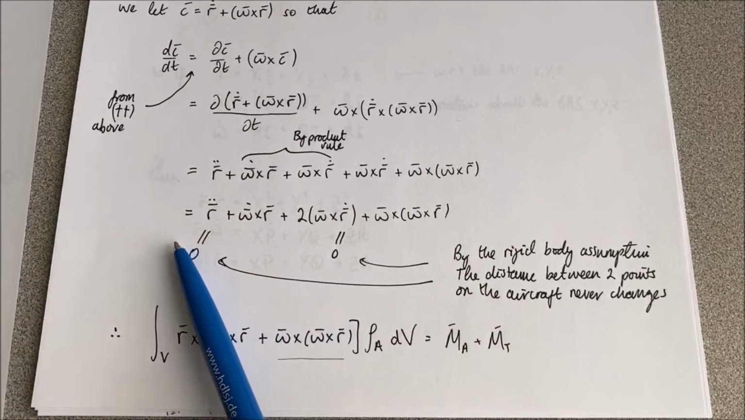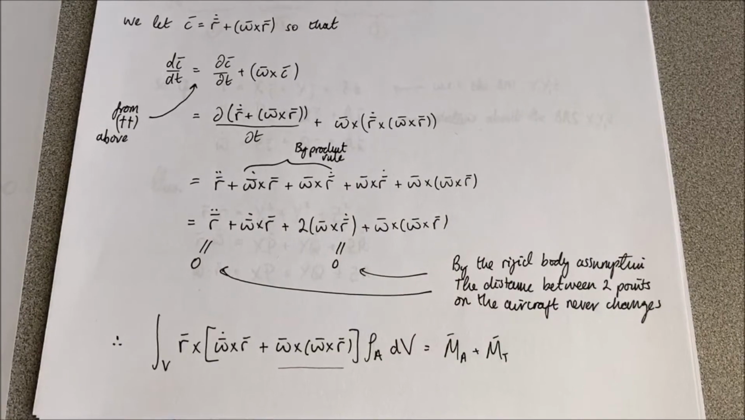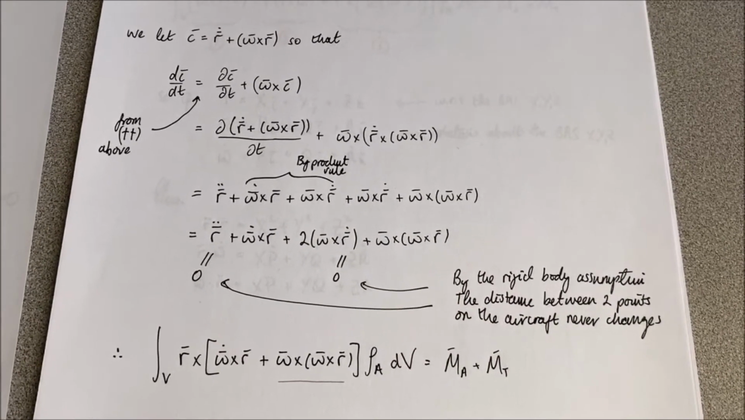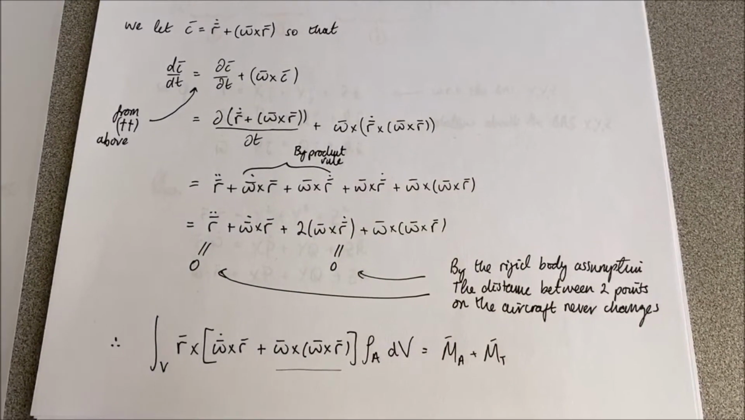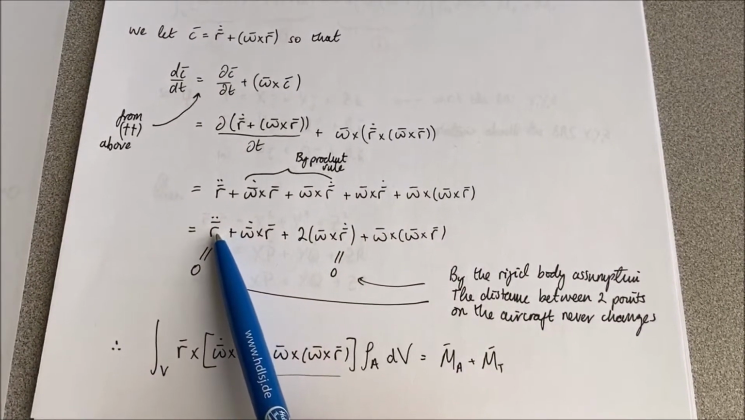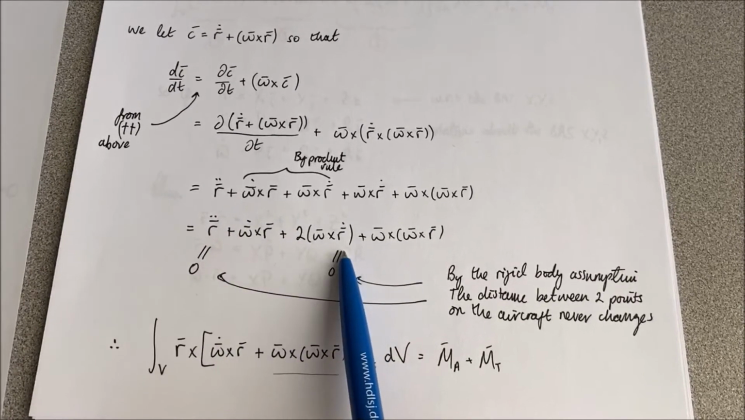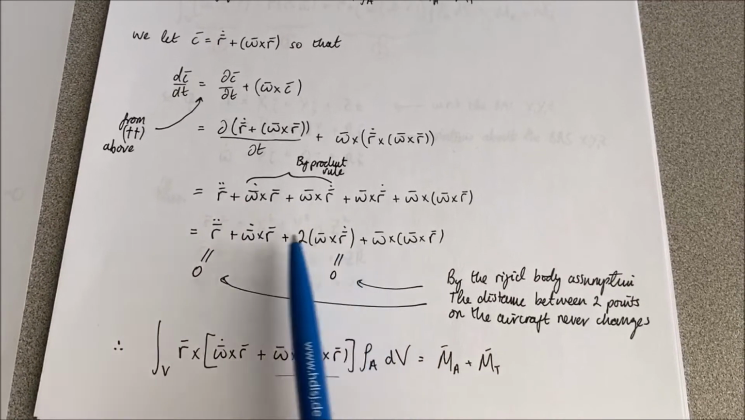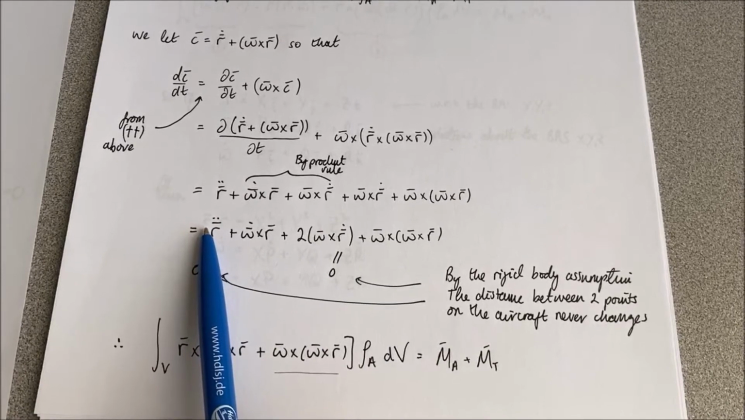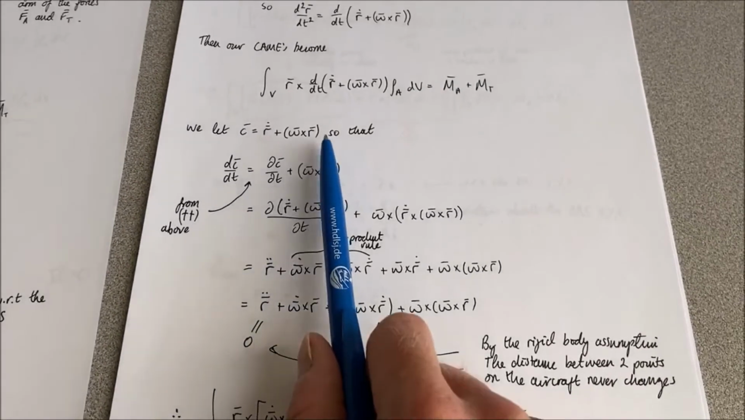So we've got a rigid body assumption, right? So we're assuming that our aircraft doesn't flex or bend. That means the distance between any 2 points on the aircraft never changes. So the position of any 2 points with respect to time, so the derivatives of r with respect to t are going to be 0. So that term and that term both are 0, and therefore we can rewrite our integral from up here